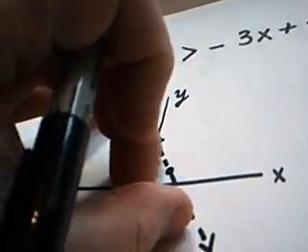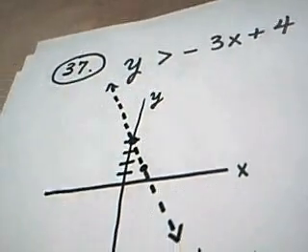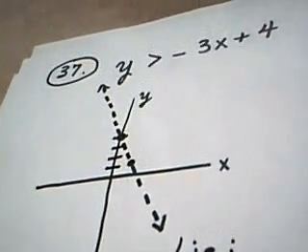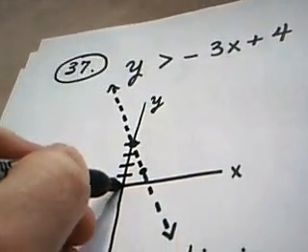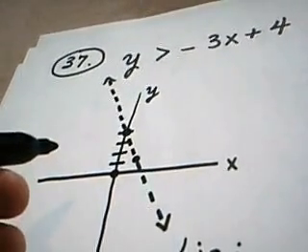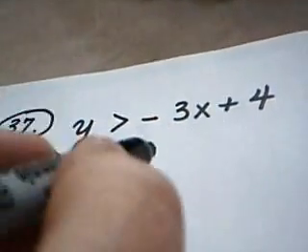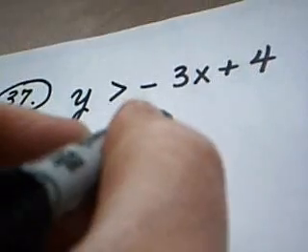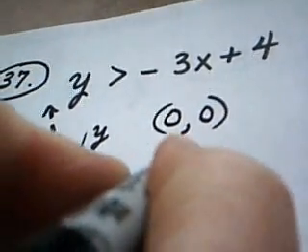Now, what we have to decide is which half of this piece of graph paper really to shade. The part below the boundary line or the part above the boundary line. And the safest way to make that decision is to pick a test point. The easiest test point to pick is the point 0, 0. So what I'm going to do is take the ordered pair 0, 0, and I'm going to use it as a test point